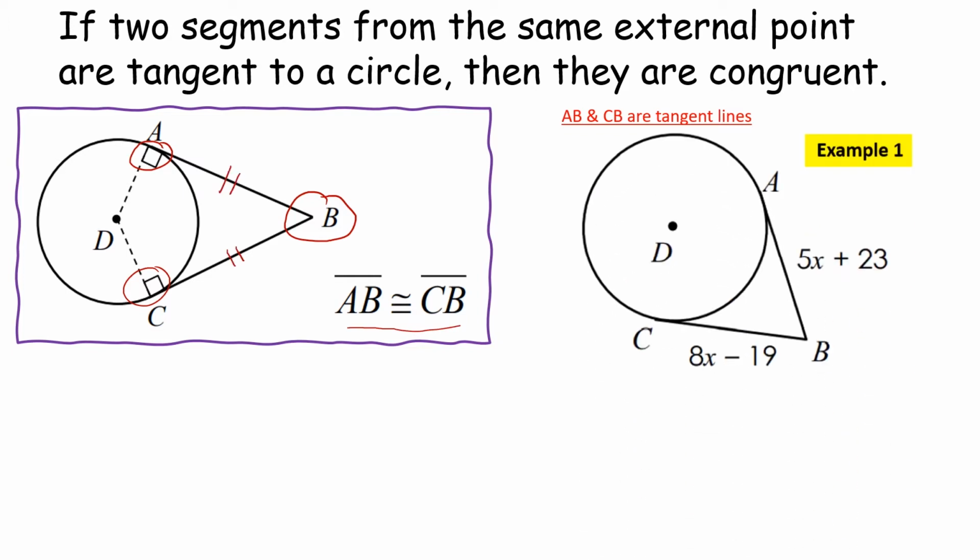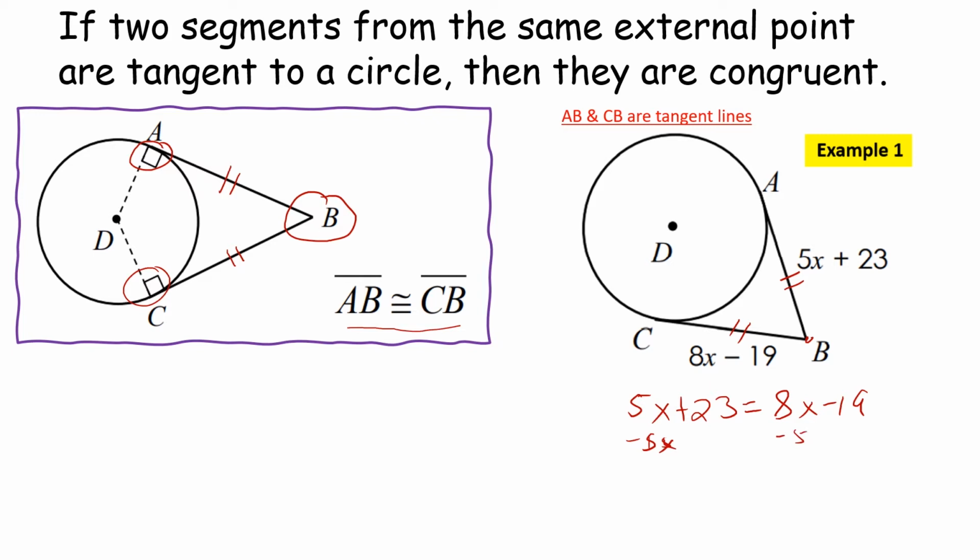So let's take a look at this first example. We want to find x, and we're given that this is a tangent line here, and the lines AB and AC are from the same external point of B, so that would make these two congruent. So in order to find x, we just simply set these expressions equal to each other. 5x plus 23 is equal to 8x minus 19,